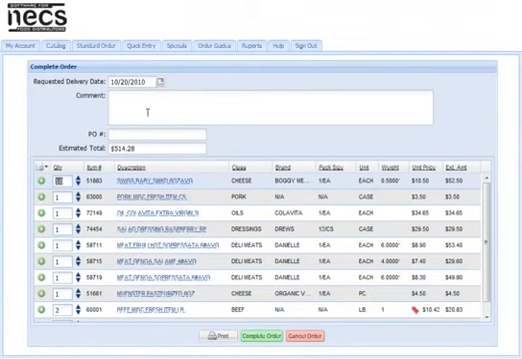The Complete Order page gives me the option to change my requested delivery date, add a comment to the order, enter a PO number, and also review and adjust my order quantities before sending it to the distributor. Along the bottom of the page, I have an option to print a PDF of this order before sending it,